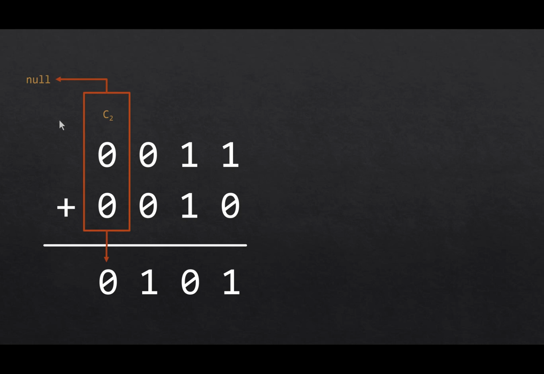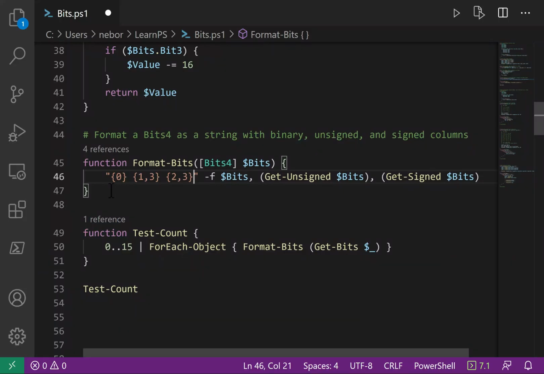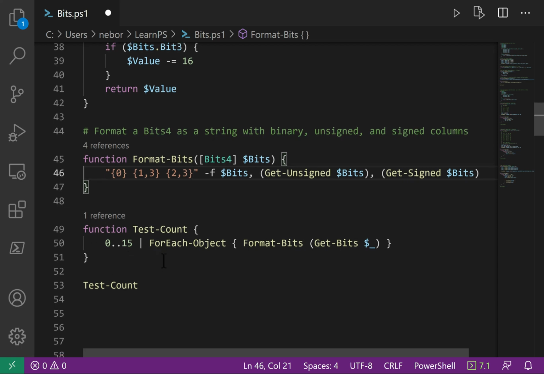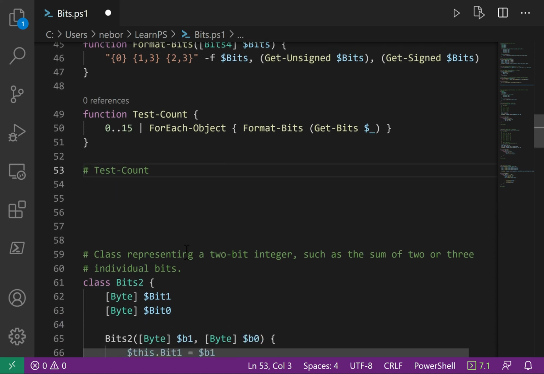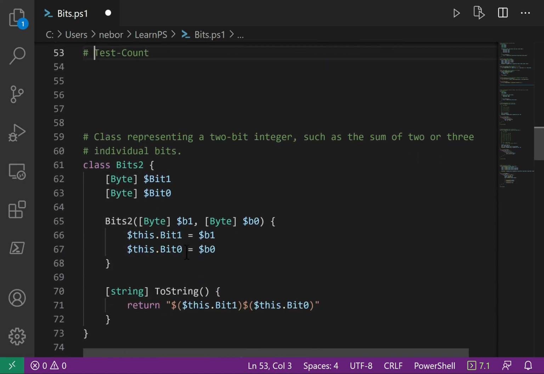Let's now dive into PowerShell a little bit, and we can actually extend our little simulation to show how addition can work on some 4-bit numbers. Just discussing how computers can actually do addition by performing some manipulations on bits. Let's now return to our PowerShell script and extend it to demonstrate those same bit manipulations and see how it actually works out. So remember, we had our little call to the test count function here. I'm going to comment it out, because we're going to skip that part and go on to doing